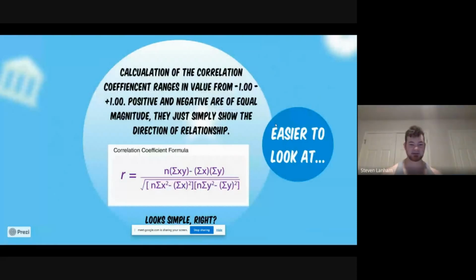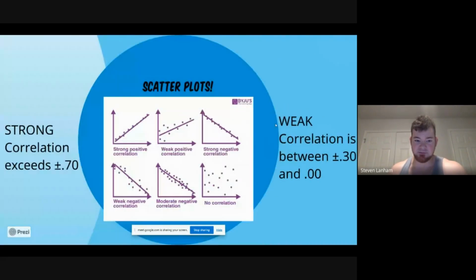And then when you have that data, in order to analyze it, you plug it into the correlation coefficient formula that you can see there. It looks pretty simple to me. It ranges from -1 to +1, and those values give you the correlation and the direction of the information there. So a strong correlation exceeds 0.7, or is less than -0.7,